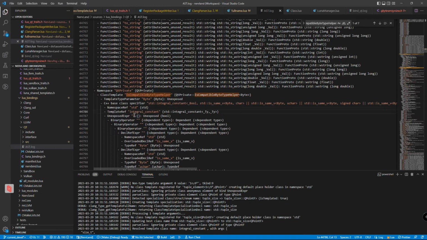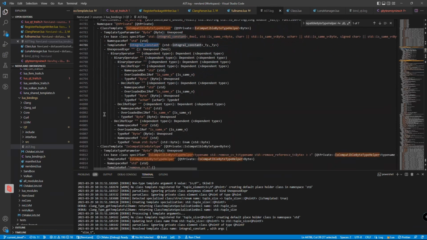So you have this integral constant, and then you are in trouble because